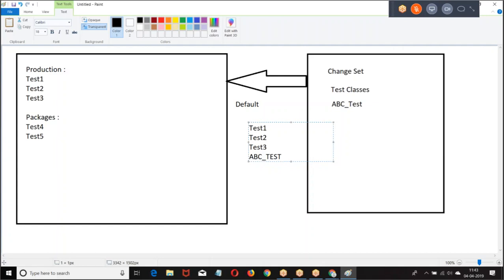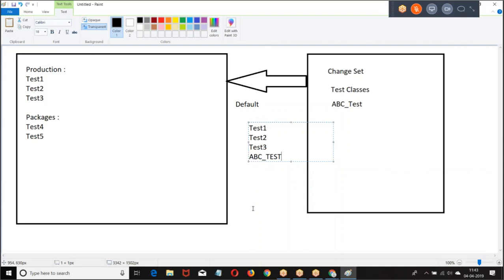Right. That is, if the change set contains any test class, then local test classes and the test classes in the change set will run. If the change set doesn't contain any test class, no test class from production will run. So depending upon whether the test classes are there or not in your change set, the execution will happen. Default, there are no test classes in the change set, nothing is executed. Default, there are some test classes in the change set, so the test classes in the change set and the local test classes in the production will be executed.